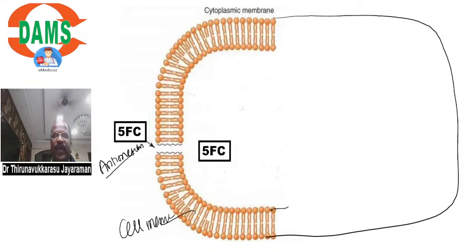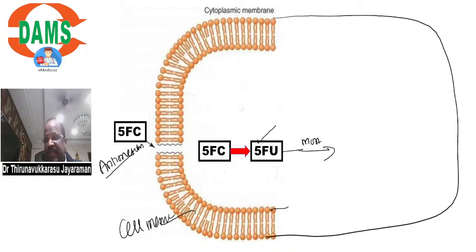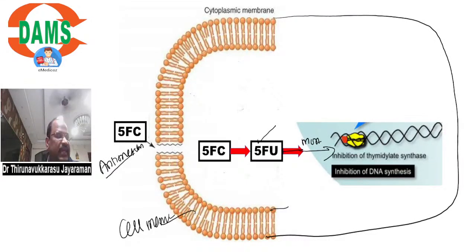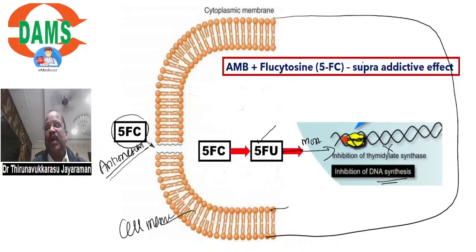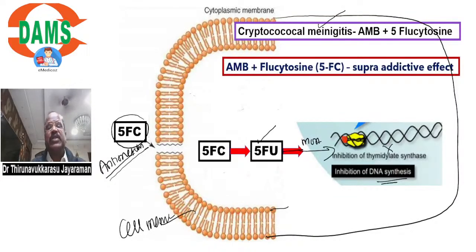Within the fungus, my 5-flucytosine will be converted into 5-fluorouracil. This in turn, by its mechanism of action, is going to inhibit thymidylate synthetase enzyme, thereby inhibiting DNA synthesis. So 5-flucytosine, one of the anti-metabolites, inhibits fungal DNA synthesis. Okay, it is an anti-metabolite having antifungal action, and this is useful for treatment of cryptococcal meningitis as a combination